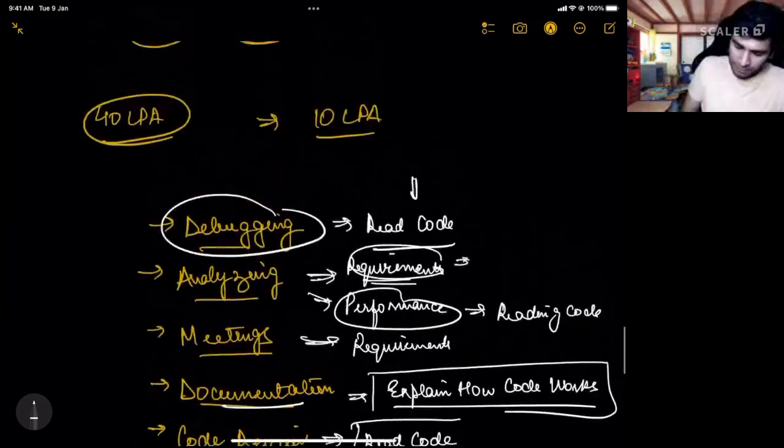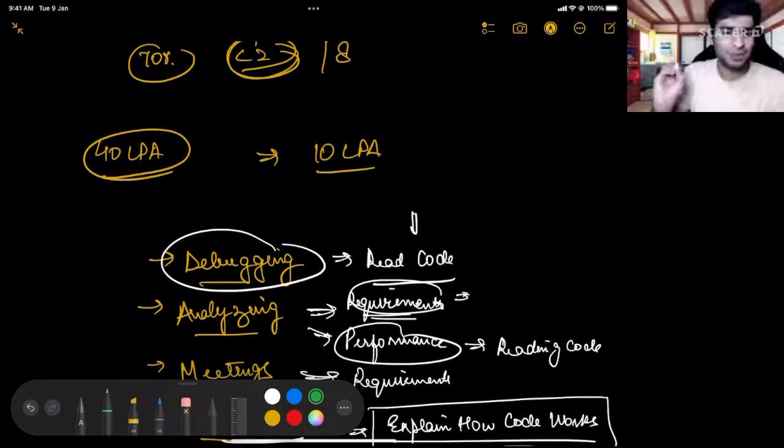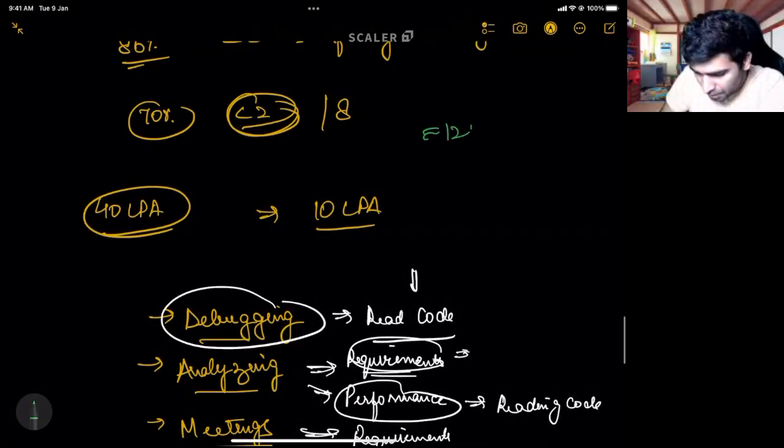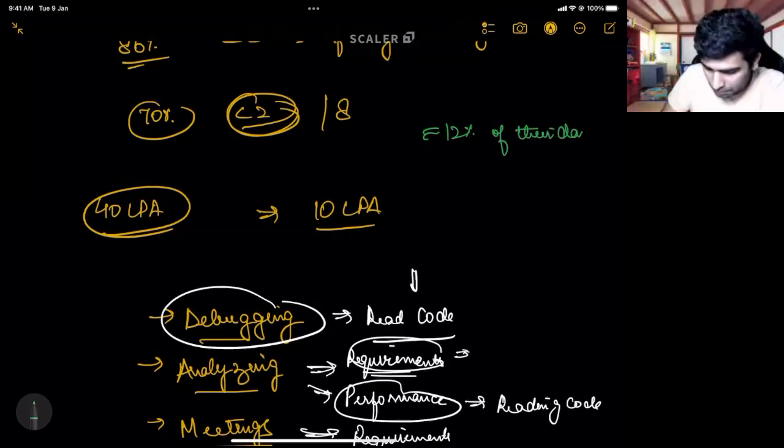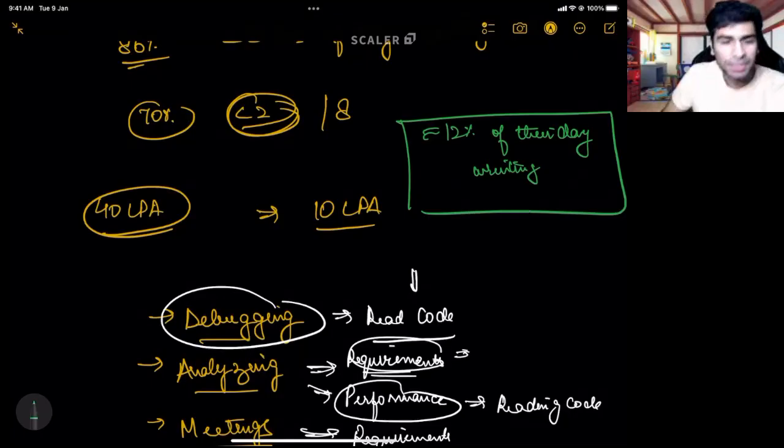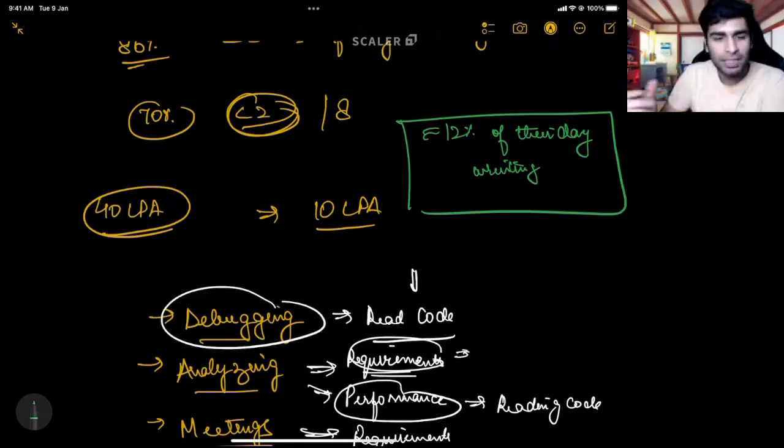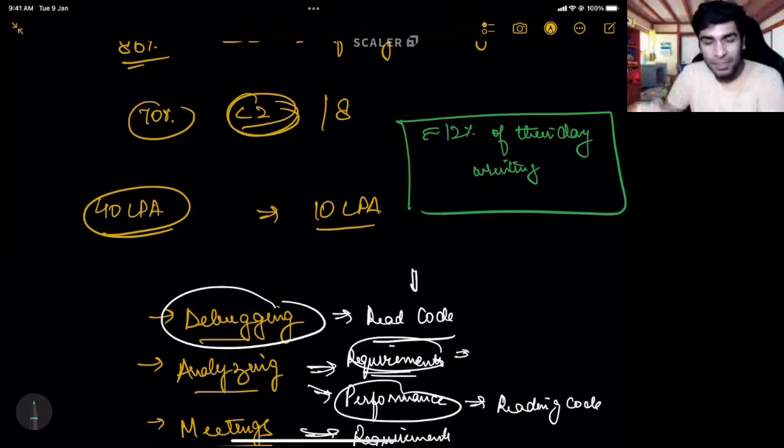In fact, what we saw today isn't really something that only scalar students are doing. Scalar students are not slackers, right? There was actually a research that was done, and in that research, it was found that an average software engineer only spends 12% of their day writing code. That means the remaining 88% of the day is spent doing the auxiliary activities. It is spent reading the code, understanding the code, understanding the requirements. And this 88% of the time is the time that LLD optimizes for.